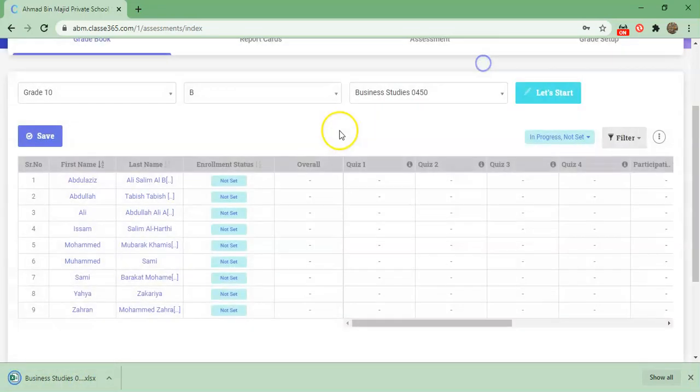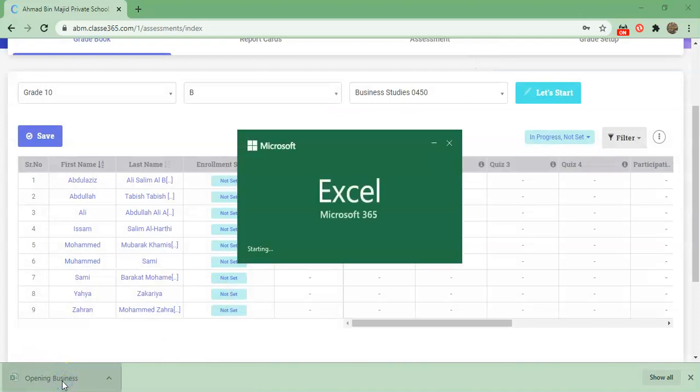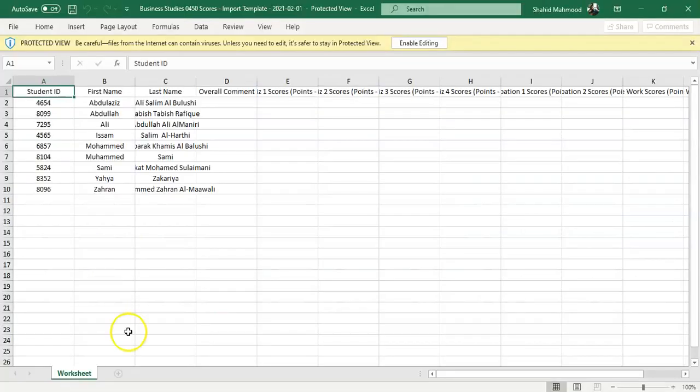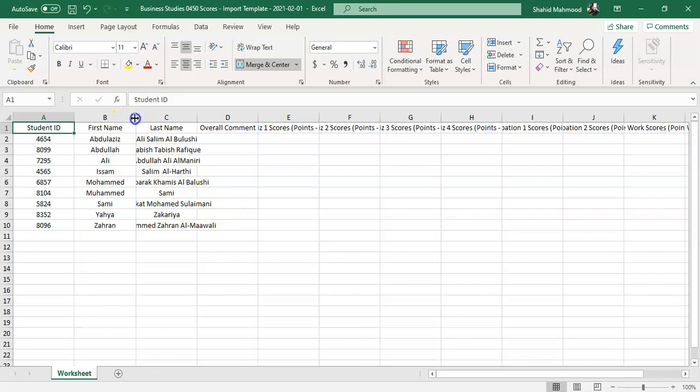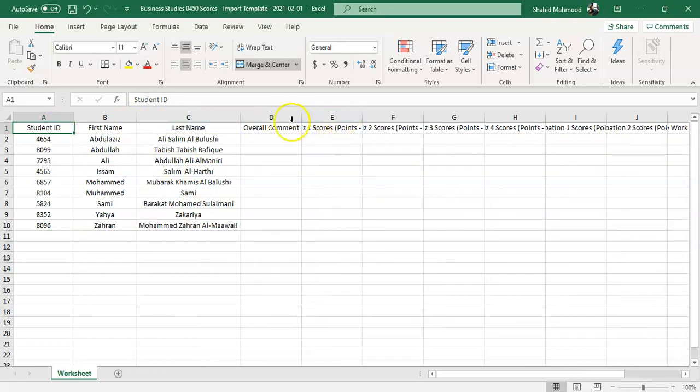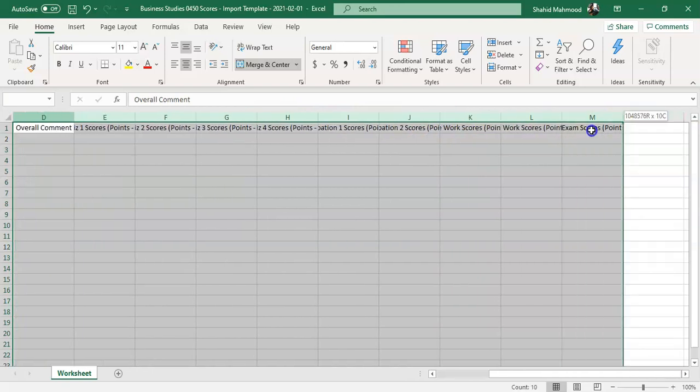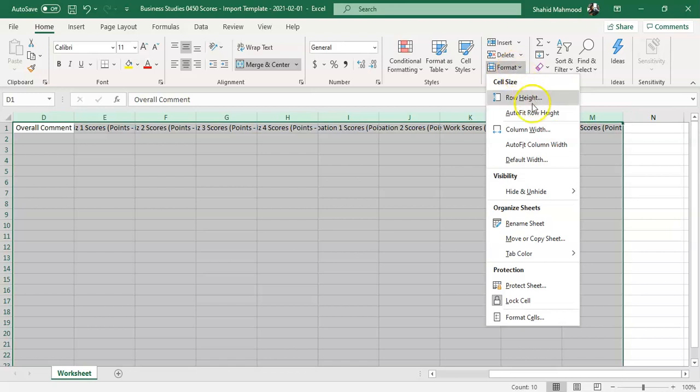Once you click this one, an Excel sheet will be downloaded. Now you can see over here there are multiple columns: student ID, student name, overall comments, and you can adjust all these. Click all the columns, go to formats and auto fit column width.